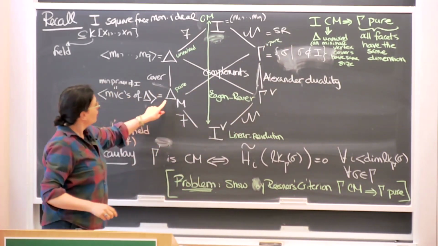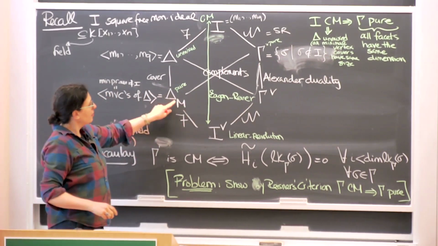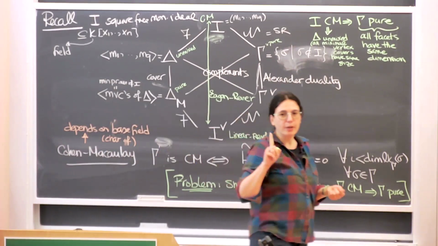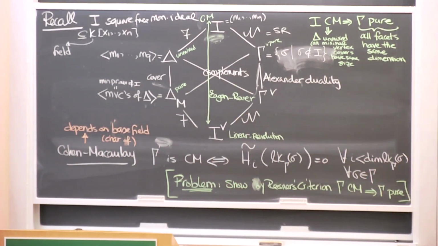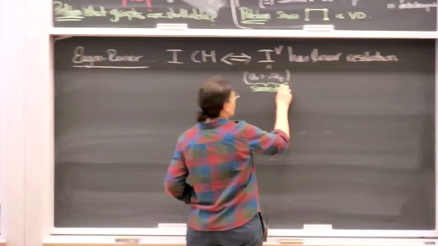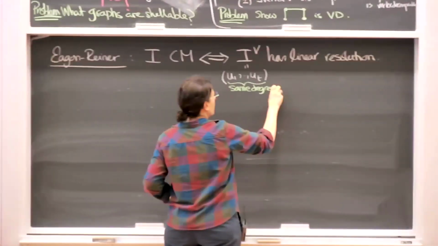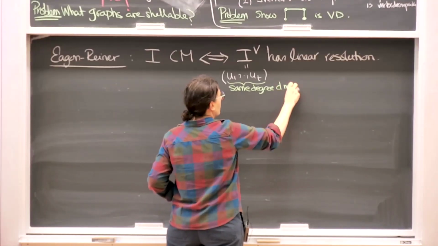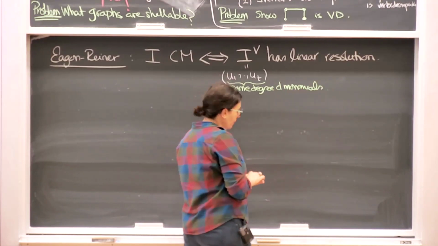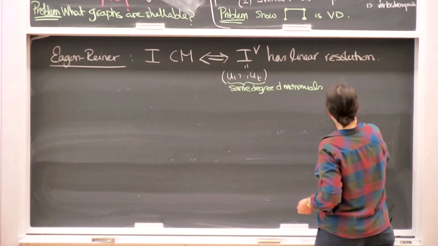And my ideal is then the facet ideal of something that is pure, which means it's equigenerated. Everything has the same degree. So these all have the same degree. So that means when I write the resolution,